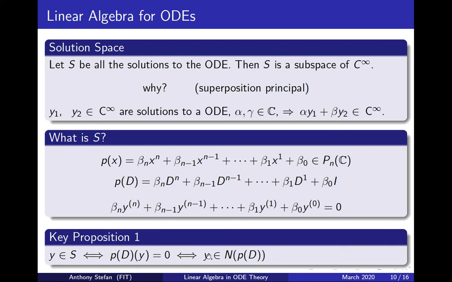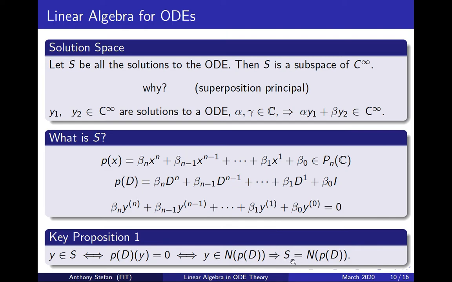But this is only true if y is in the null space of P of D. We know that the null space is any linear operator that maps a function into its zero vector, which is what is happening here, then we know that it is in the null space of P of D,